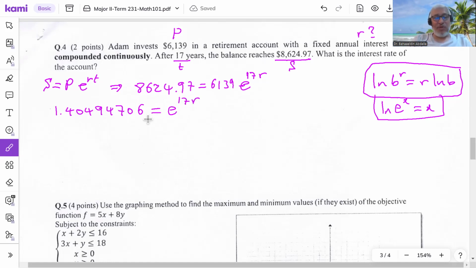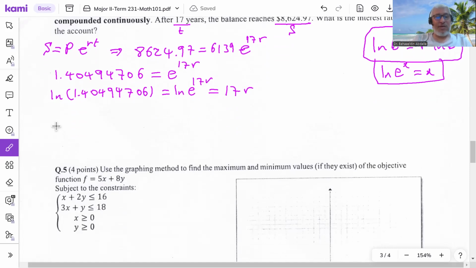Now I apply ln to both sides. So ln of this number, why am I writing all of it? Because I'd like to get the exact answer. ln e to the power 17r. Now ln cancels e and I'll have 17r. So what would be r? r would be divided by 17. So it would be ln of this number divided by 17. I can ask the calculator for the ln of this number and divide by 17 at the same time. And the answer would be